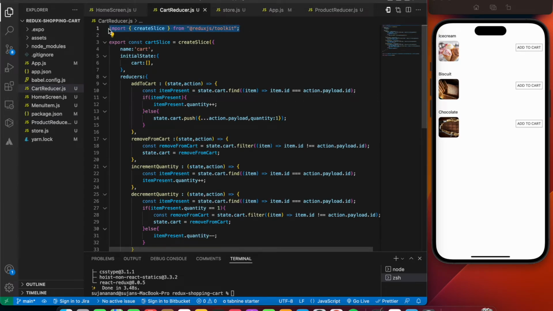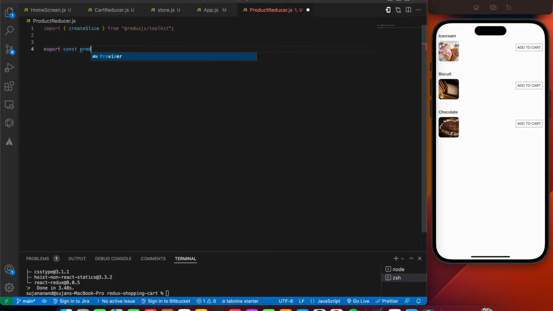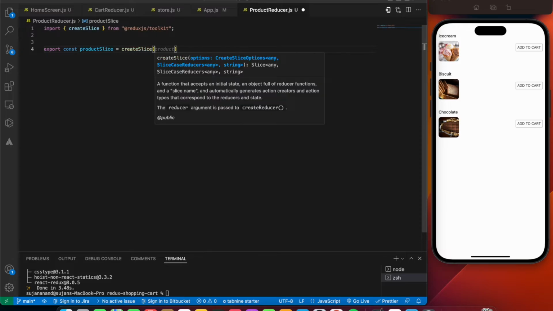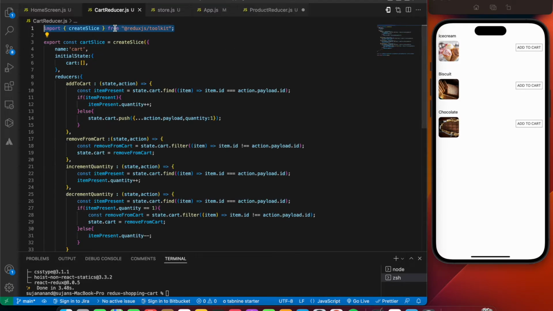So let's copy that out and paste it over here. We're going to say export const product slice equals create slice, like this.